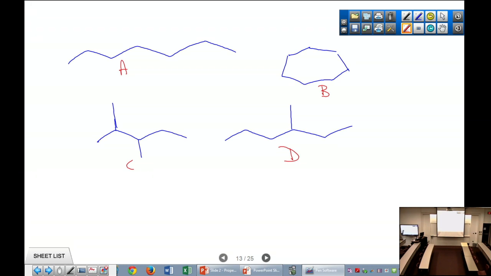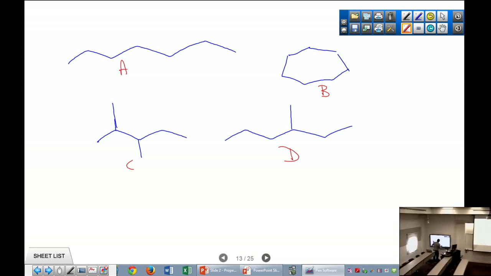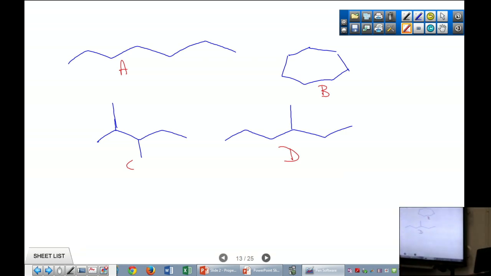All right. So let's just work through this. I've got 7 carbons here. 7 carbons. 1, 2, 3, 4, 5, 6, 7. Got 7 carbons here. 1, 2, 3, 4, 5, 6, 7. So I've got 7 carbons on all counts. Right? What's going to have the highest boiling point? Well, the ring, of course. So this is going to be the highest boiling point.